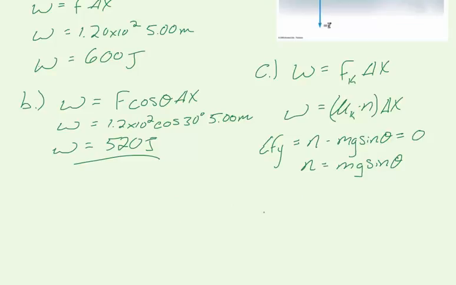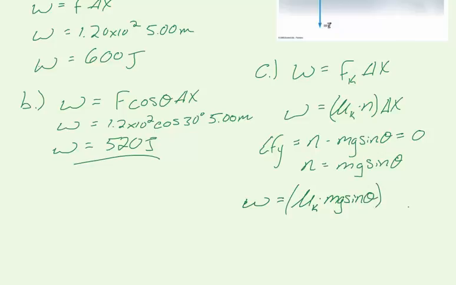So now we can plug this into our work equation, where we'll have our force, which is our coefficient of friction, times our normal force, which is equal to mg times sine of theta,